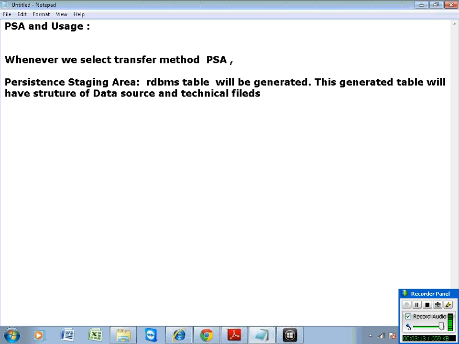The PSA is a table, and the table will have a structure. Structure in the sense the table will have data fields, rows and columns, whatever it may be. So, PSA is a table, and the PSA table structure is nothing but the data source data fields plus some technical data fields. The PSA table will have all the data source data fields.